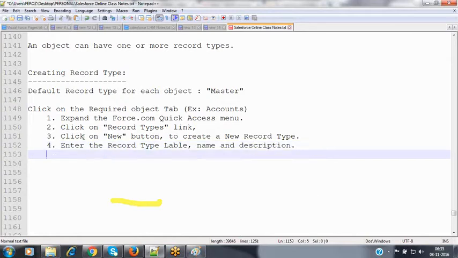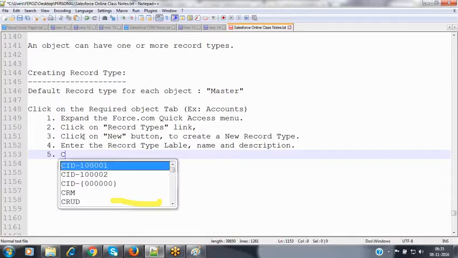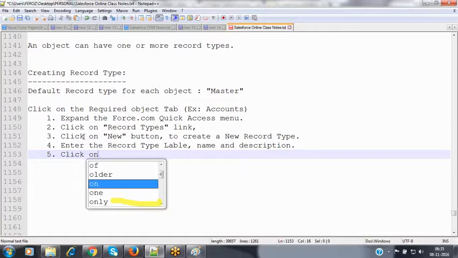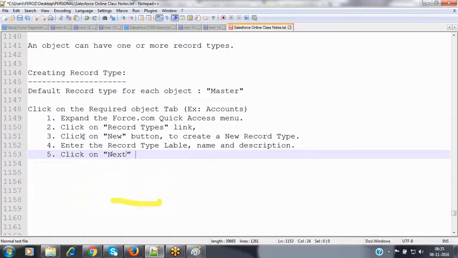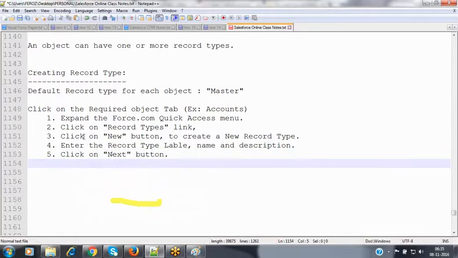And after that, click on the next button in order to select the page layout here.